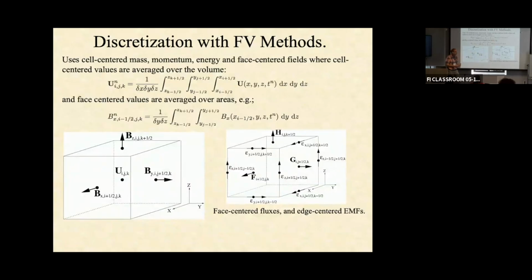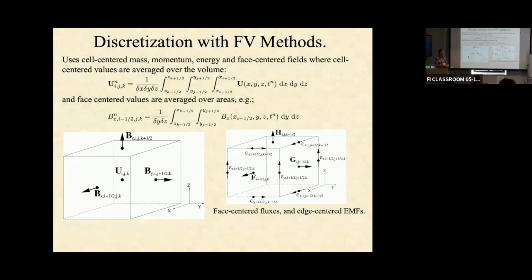Density, momentum, and total energy. You're not storing point-wise values of these quantities, but you're storing integrals over the cells, so integrals over some finite volume of that quantity. That's what you store at cell centers. So U is the evolved variables which are located at cell centers in a conceptual way in a finite volume